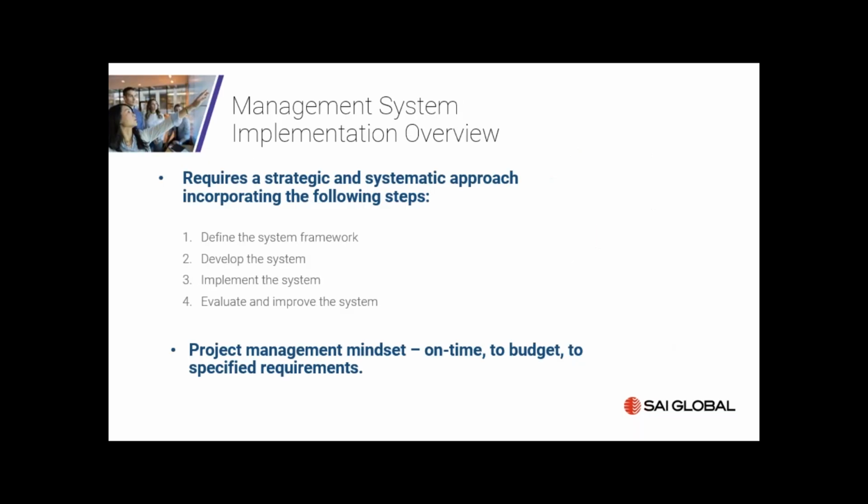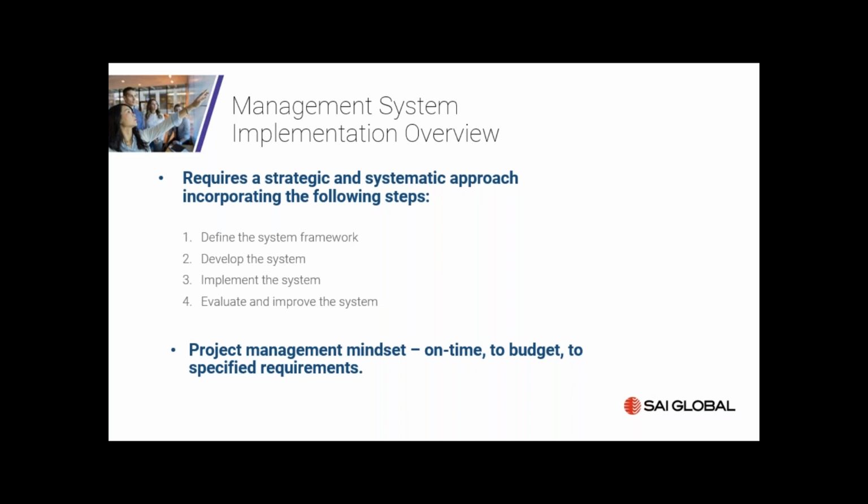There are essentially 4 steps an organisation must take to successfully implement a management system. Step 1, define the system framework, involves understanding what you need and designing the requirements of the management system. This step also has a few of its own steps that we'll discuss in the next few slides. Step 2 is pretty self-explanatory, creating policies, processes, systems of work and documentation to support it. This step also has a number of steps that I'll get to a little later on.